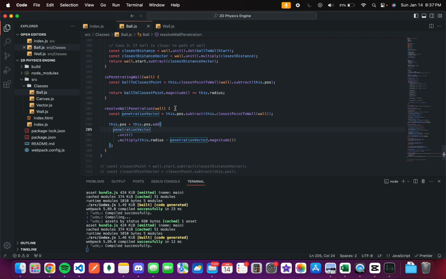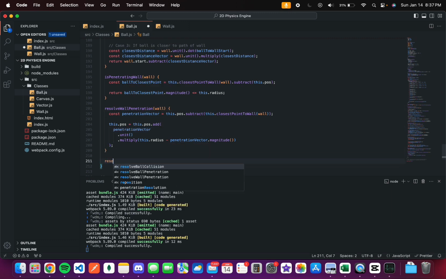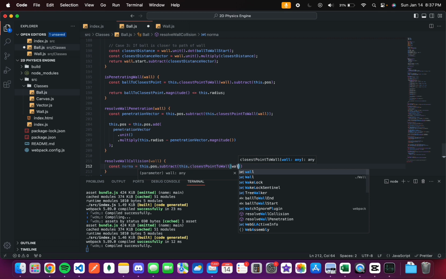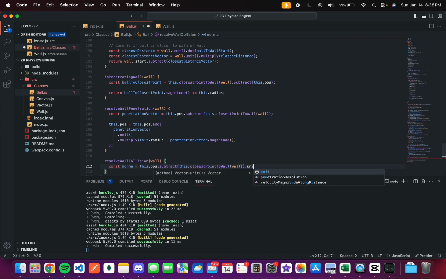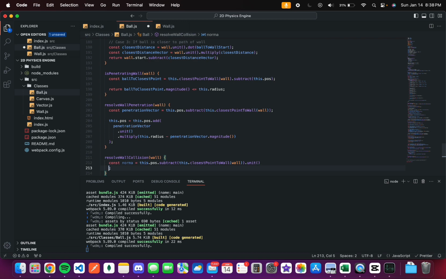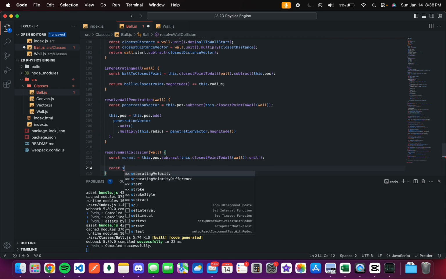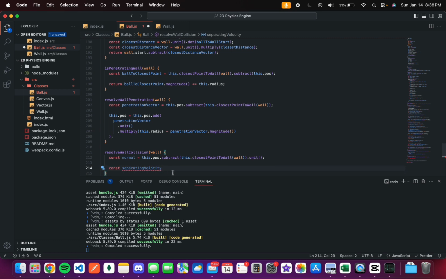And so finally, let's resolve the collision. So resolve wall collision. Let's get the normal, the unit normal of the ball to the closest point of the wall. So this dot position dot subtract this dot closest point to wall. Essentially what we did over there. Then we get the separating velocity. I forgot to add an L. Separating velocity, which is this dot velocity dot the normal,